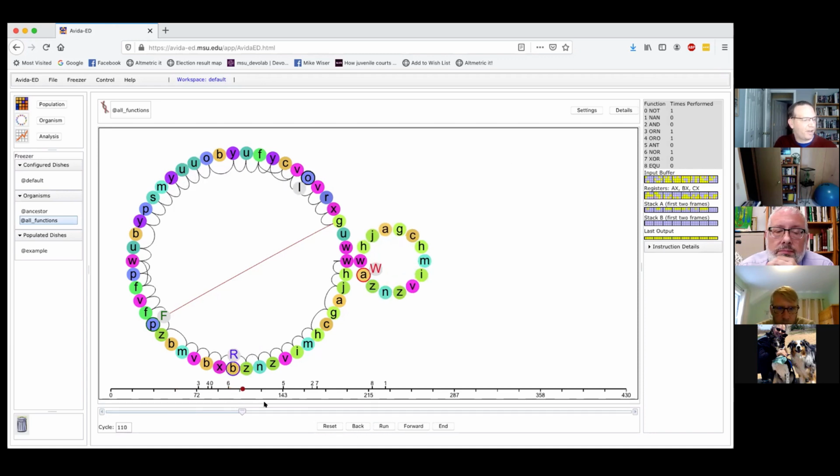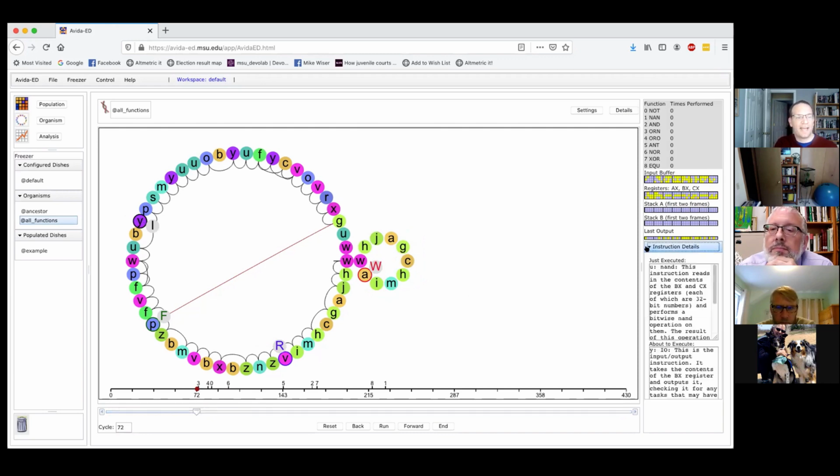Now, if I want to, I can go back and look, like here, it hasn't done any of the tasks. And here I get to the point where it's just done this particular task. And the point at which it's going to output something is actually always going to be this instruction here, Y. This is the IO instruction. IO is the input-output thing. So it takes in a number from the environment and it also outputs one of the numbers it was storing internally. And that's always going to be the last step before it gets rewarded, because now it's output a number.